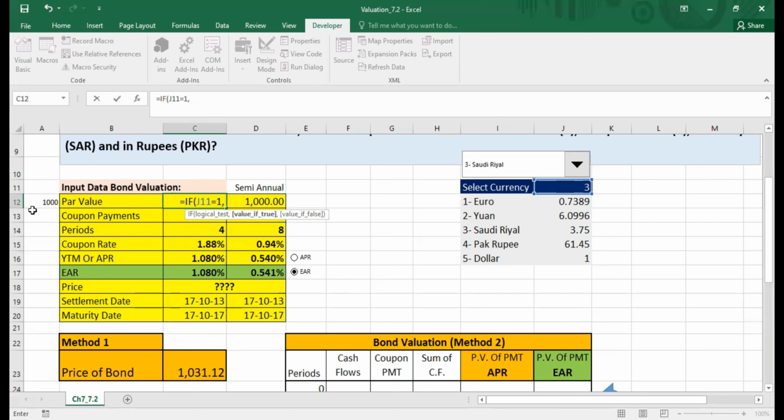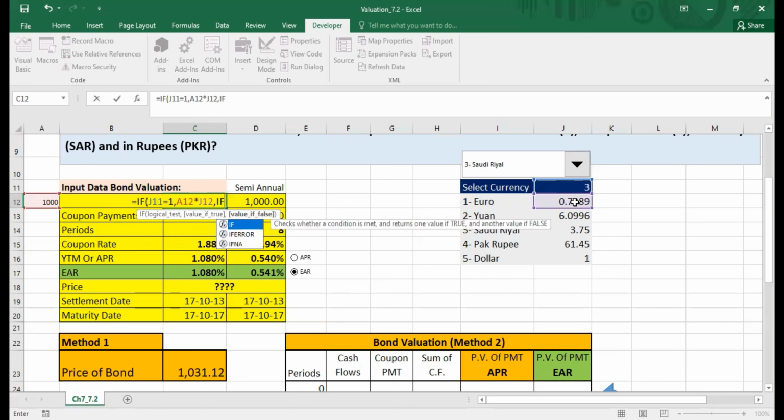I am simply picking up a separate cell where I have written the par value. Multiply the par value by the exchange rate of euro. Then if